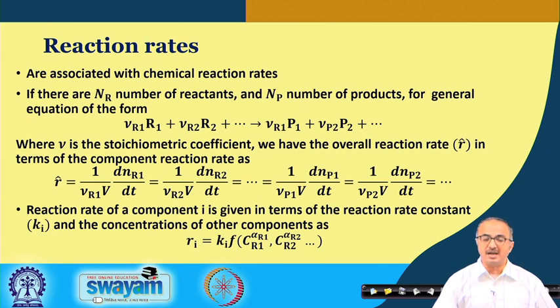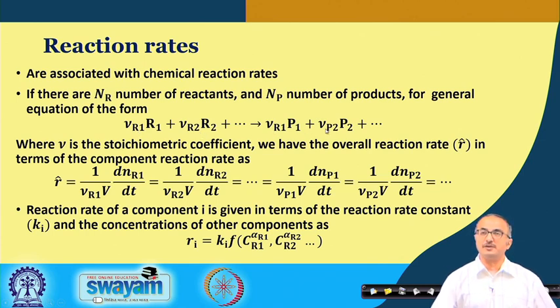Next is the reaction rates, and these reaction rates come whenever we are having some kind of reaction happening in the system, and here we find a generalized expression of any reaction given in terms of the reactants and the products. R represents the reactants and P represents the products, and these nu R1, nu R2, all these nu values are the stoichiometric